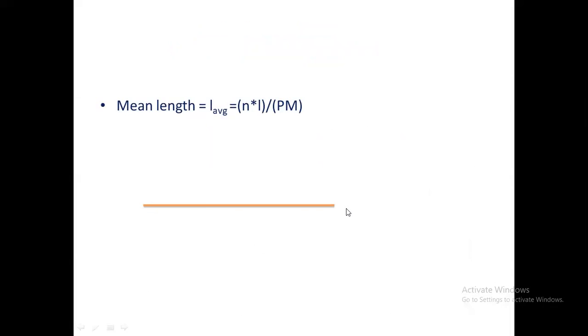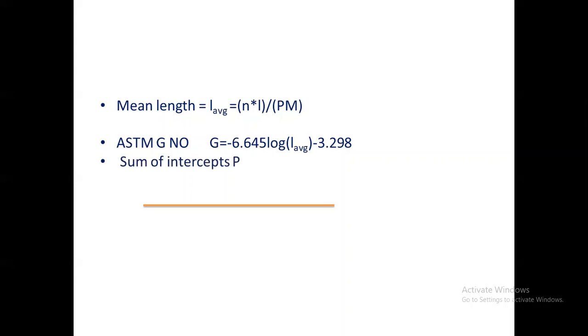So here the mean average length is given as L average equals N into L by P into M, where L average is nothing but the mean length of a grain. The ASTM G number is given as G equals minus 6.645 log of L average minus 3.298. Here P is the sum of the intercepts after drawing the lines, where L is the length of the intercept lines,